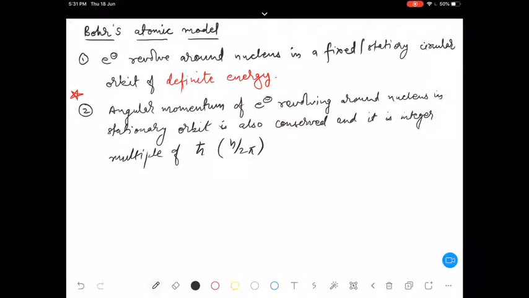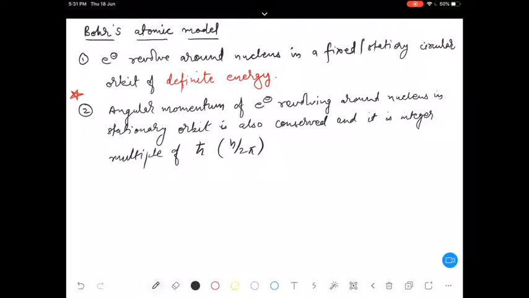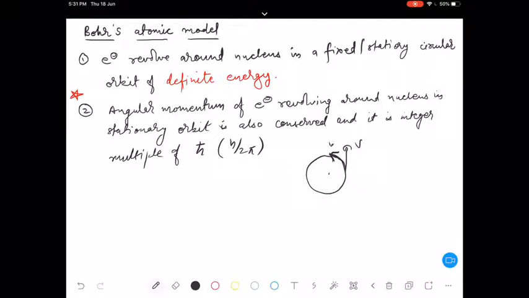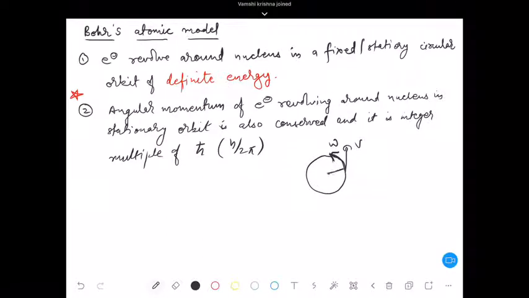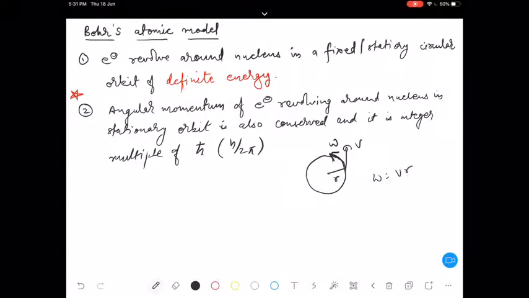Second one, if it is having a circular motion or angular motion, the angular momentum associated with that particle will be mass into angular velocity. Now angular velocity is defined as omega. So this angular momentum will come out to be m omega, and for a circular motion, let's say I am defining a circular motion in this manner. This will be the linear velocity, and here I define this angular velocity omega. This is some distance r. So omega we can write as v by r,